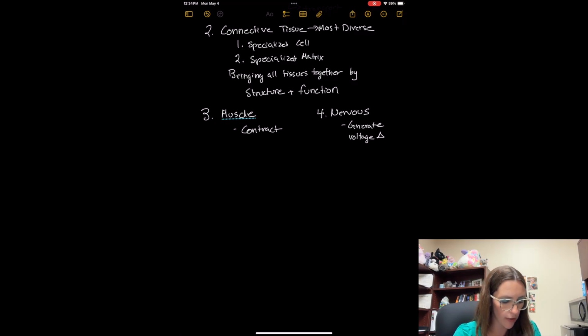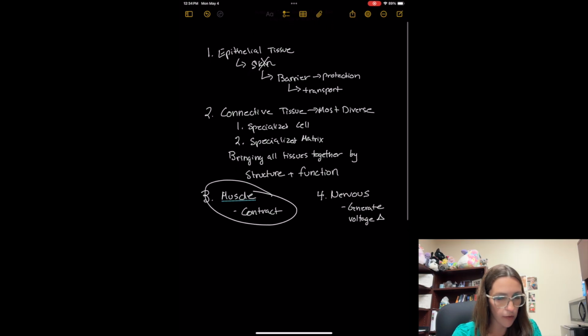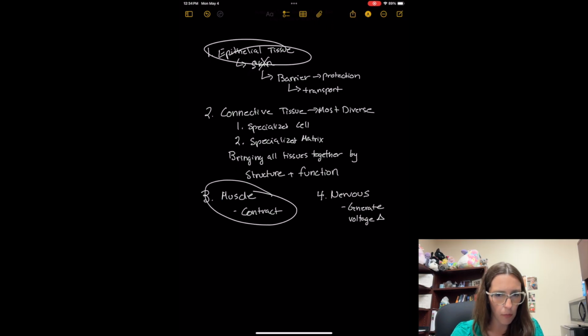So it's not going to be just in the muscle in the nervous tissue. You'll actually see some changes in muscle, and you might even see some changes in epithelial tissue. So there's a little bit more to it, but nervous tissue really does have those electrical changes much more. But anyway, those are the three that you guys